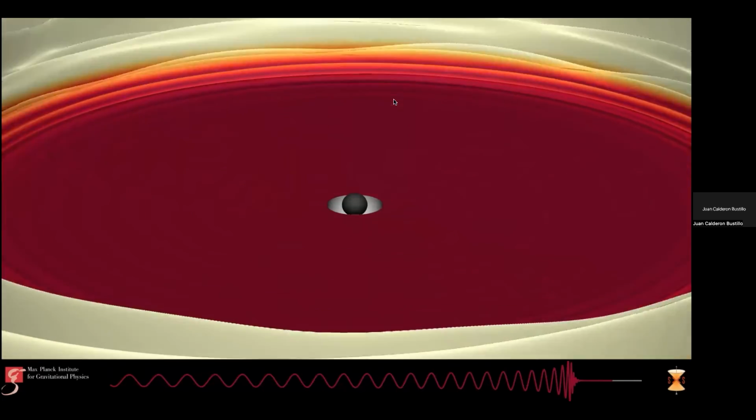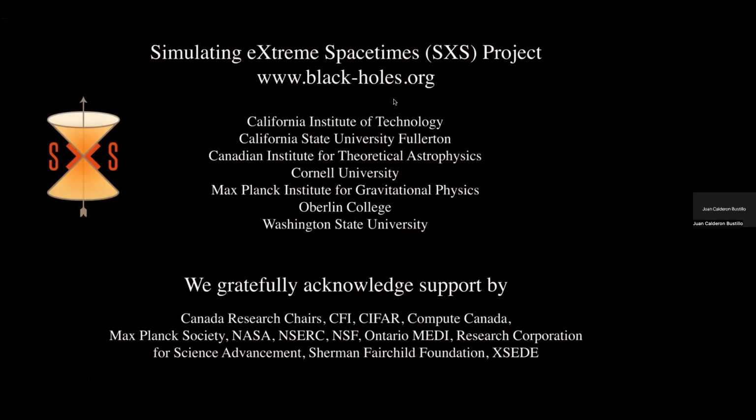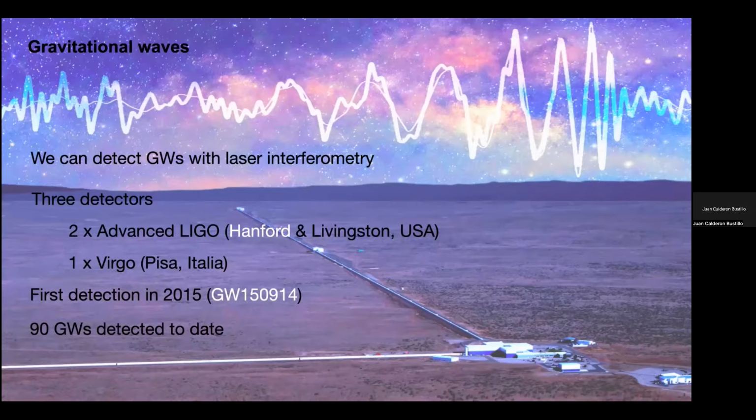And at the end, we have the fusion of the two objects that produces a very vast emission of gravitational waves. And at the end, we're left with a distorted black hole that's going to release the distortions on the event horizon via ring-down radiation. I will discuss a bit about this ring-down radiation in a couple of slides because it's very, very interesting.